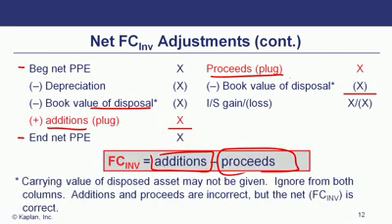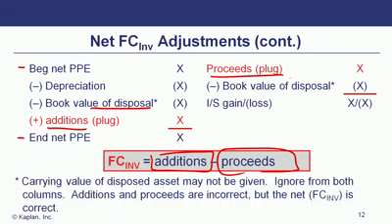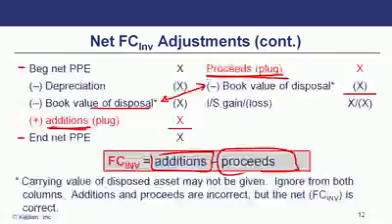But you can back into and find out how much cash you got by adding or subtracting any gains or losses, right? So if the particular asset was sold at a gain, you would add those gains back to get to the proceeds. Or if it's at a loss, you take the book value and subtract that loss, and that will get you how much they actually paid. Now notice, in both cases, if I'm looking for these two numbers, book value of disposal actually kind of cancels out.